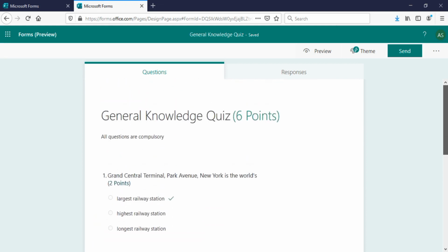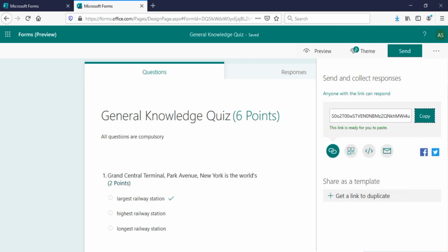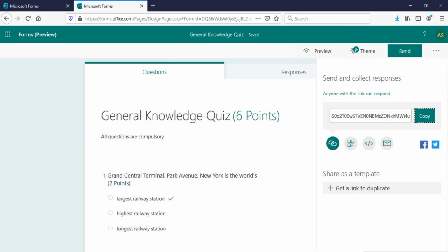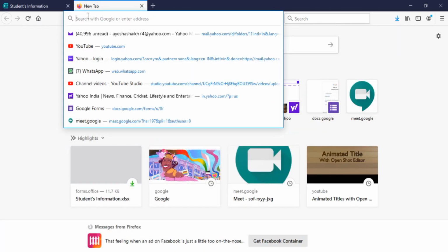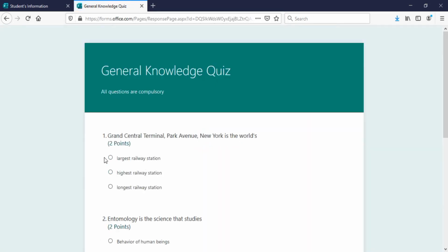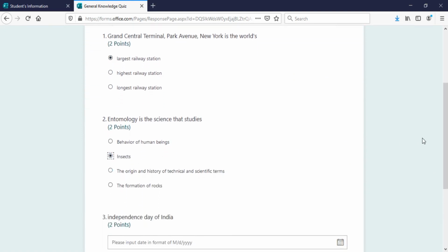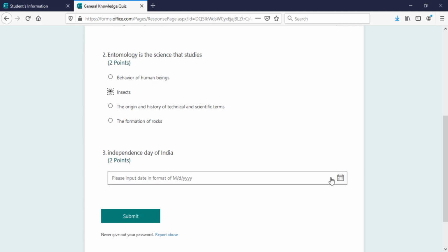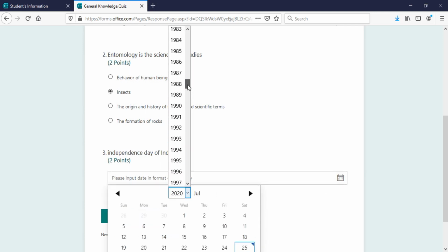Again we will send it in the same way by copying it and pasting it into another window. So the answers are largest railway station, insect, and Independence Day, August.